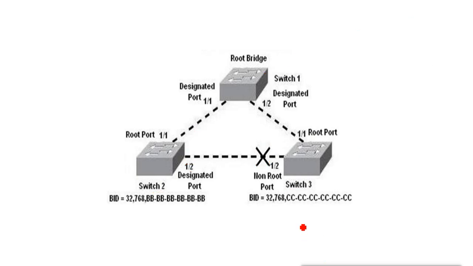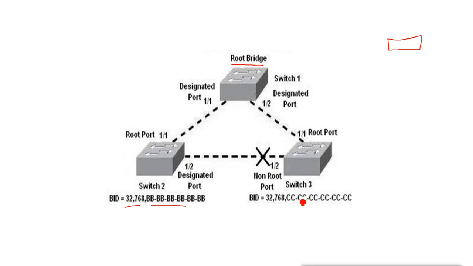Now the root bridge is selected based on what? First it checks the bridge priority and then it checks the MAC address. So basically the bridge priority is the same for every switch, so the decision is taken by the MAC address. Sometimes this can be a problem. Suppose we have an old switch in our network that has only 10 Mbps speed ports, and because it is the old switch, it has a MAC address which is older than these new switches. These new switches have the latest MAC addresses.